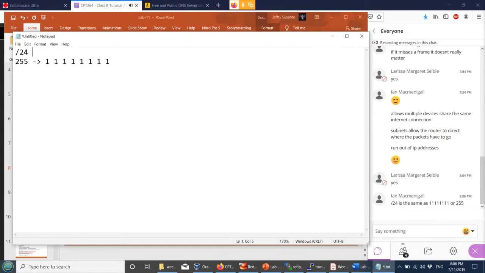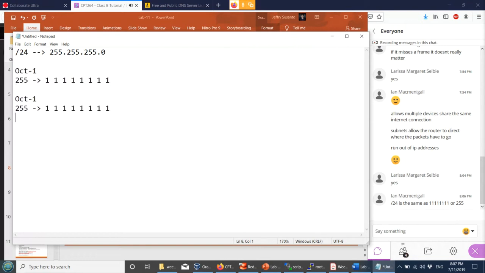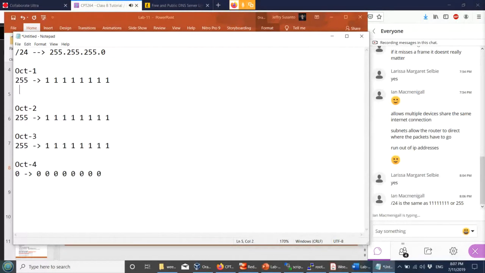So it's /24, right? /24 is 255.255.255.0, and this is octet 1, this is octet 2, this is octet 3, and this is octet 4, which is 0. And then here it'll be all 0s, 1 2 3 4 5 6 7 8, and here why it becomes 255, because it'll be the power of